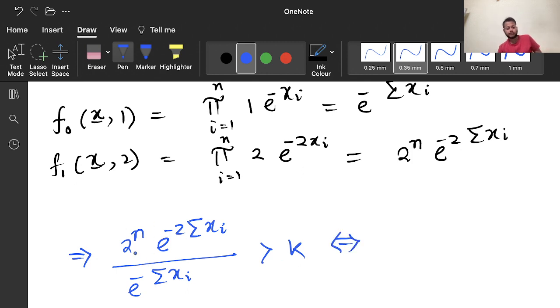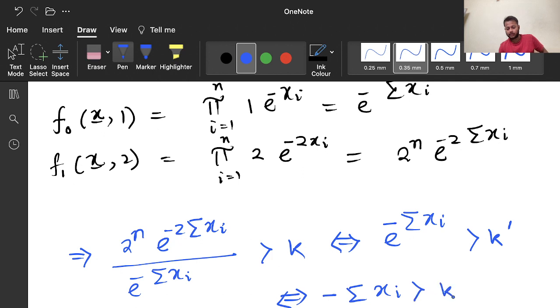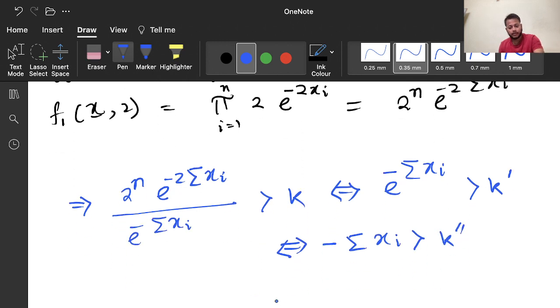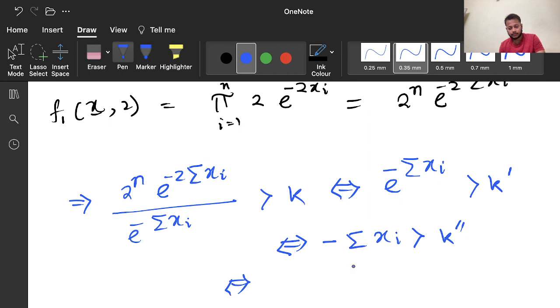So this is again a constant, so we can write it like that: minus summation of xi is greater than some k prime. Now if you take log, then negative of summation of xi will be again some other constant. That means if summation of xi is less than some other constant c, we will